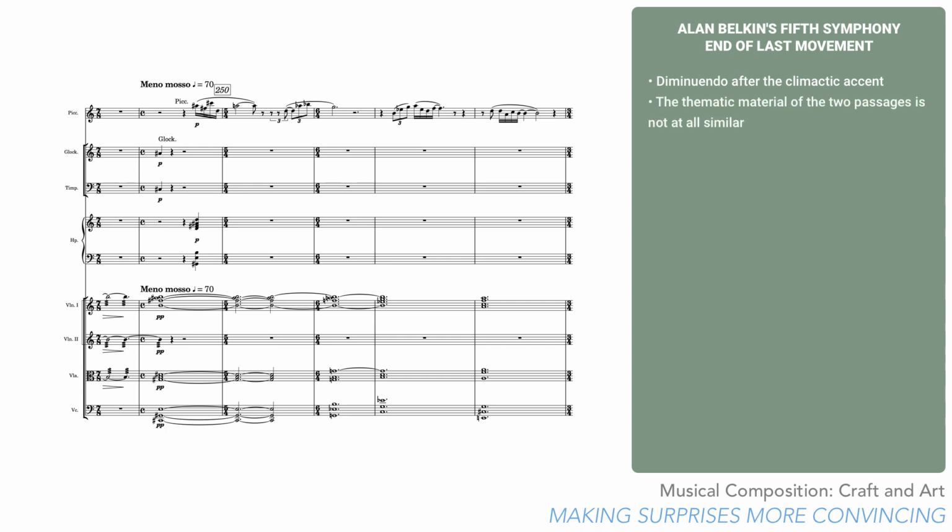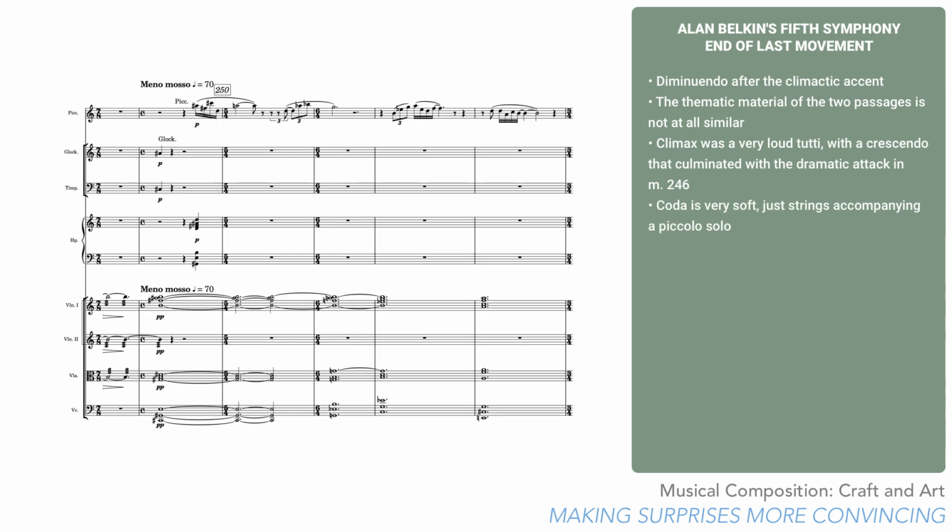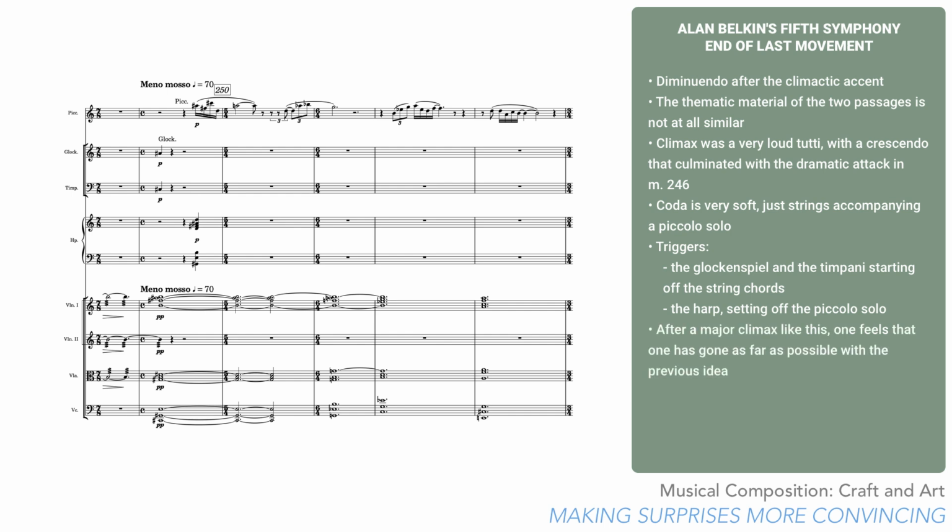But the thematic material of the two passages is not at all similar. The climax was a very loud tutti, with a crescendo that culminated with the dramatic attack in measure 246. The coda, recalling the first movement, is very soft, just strings accompanying a piccolo solo. There are also triggers here, the glockenspiel and the timpani starting off the string chords and the harp setting off the piccolo solo. But another reason this extreme contrast makes musical sense is that after a major climax like this,